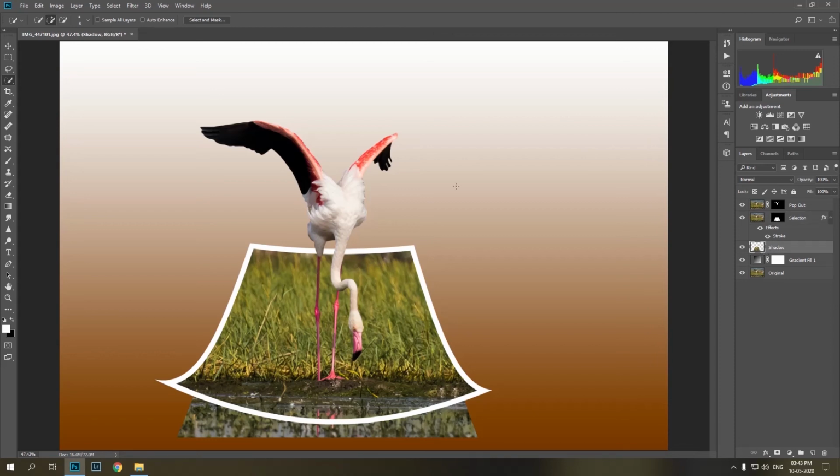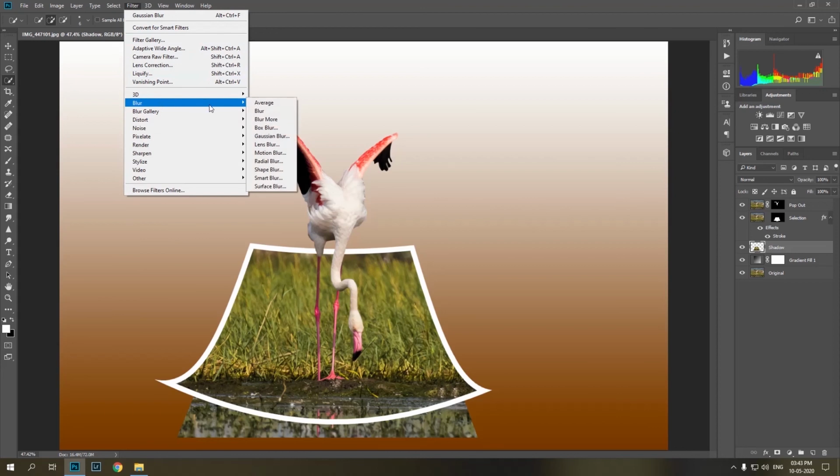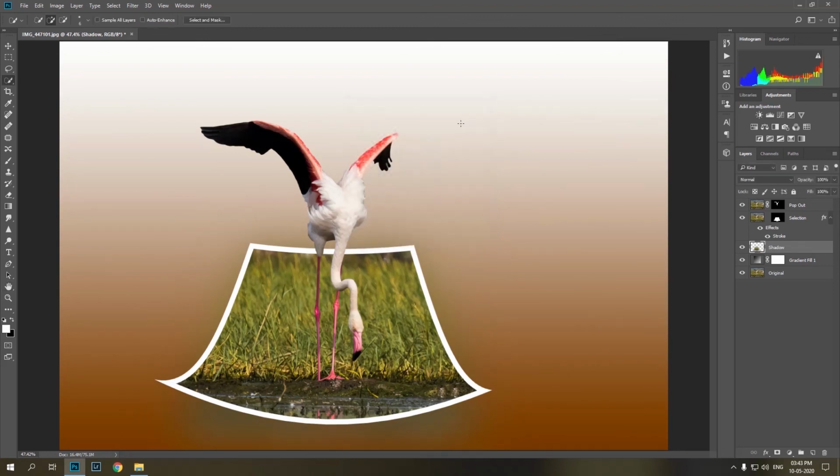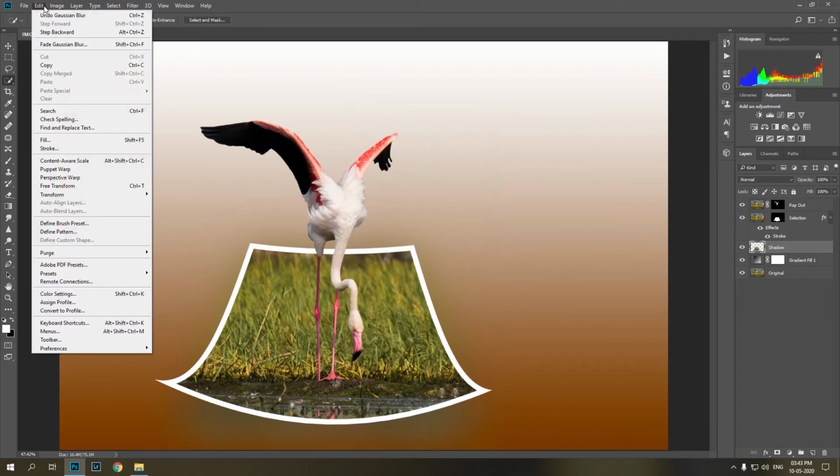Select shadow layer, go to Filter, Blur and select Gaussian blur. Set higher radius and click OK. Go to Edit, Transform and select Warp.